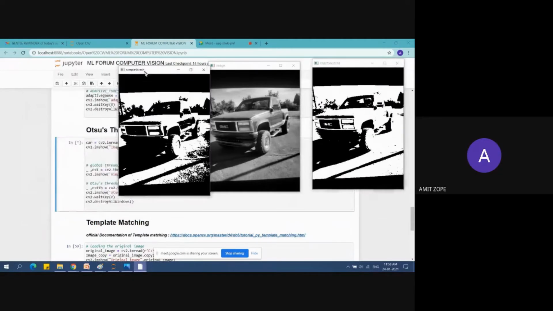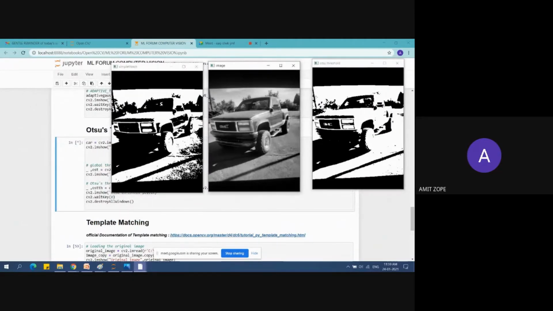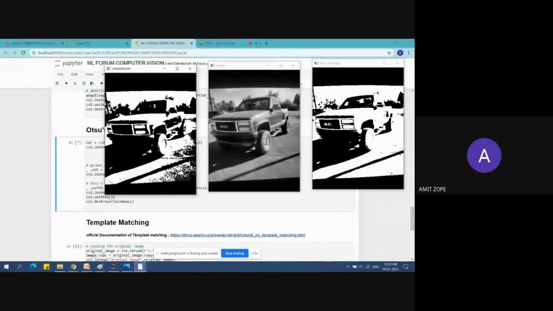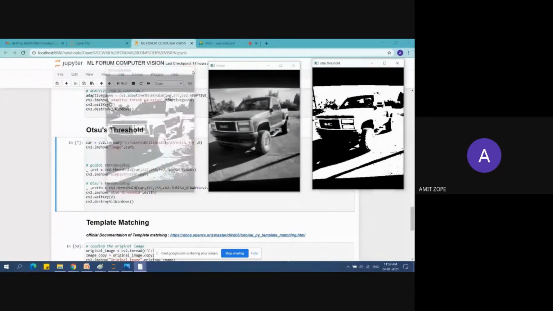This is the original image, this is the Otsu's thresholding, and this is the simple thresholding. I hope you are able to see these three images of the car. So this was all about Otsu's thresholding.